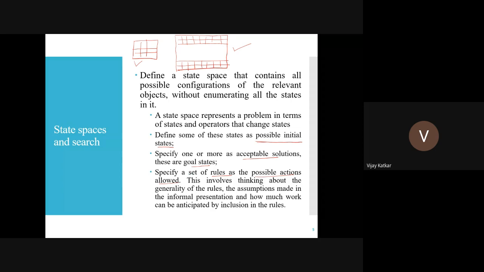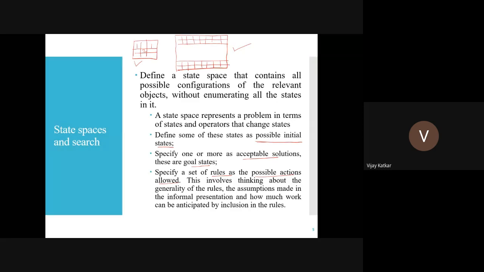The rules mean how operations can be done. For example, how you can move the pieces in chess. In tic-tac-toe, I can mark only one place, then I have to wait for the other player to complete, and so on. So that is a set of rules. For tic-tac-toe the set of rules is small, but for chess the set of rules is very large. For other problems, the set of rules might be different. So we have to define the initial state, the acceptable states, and then the rules which can change the state.